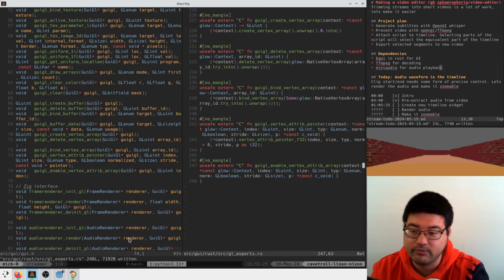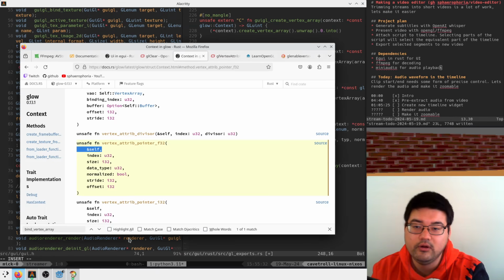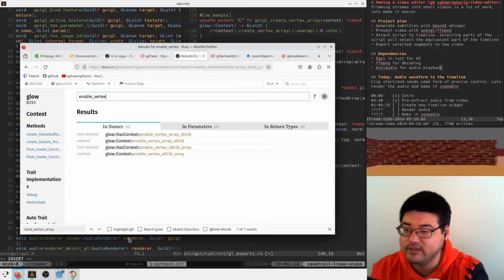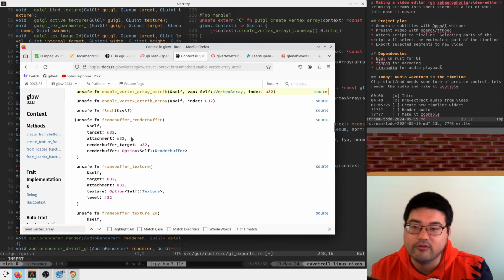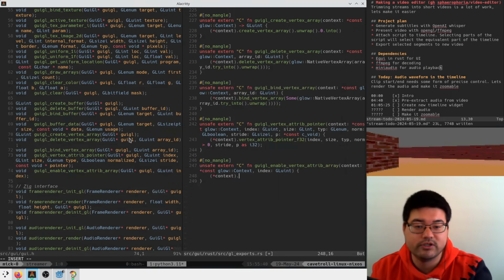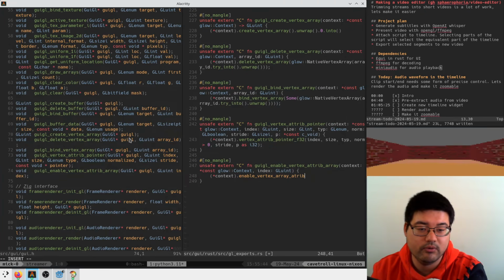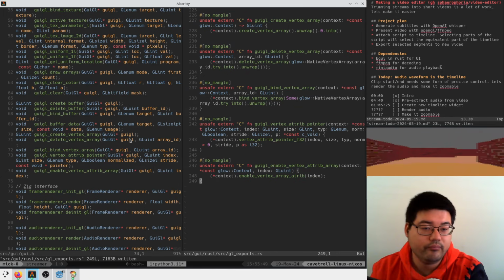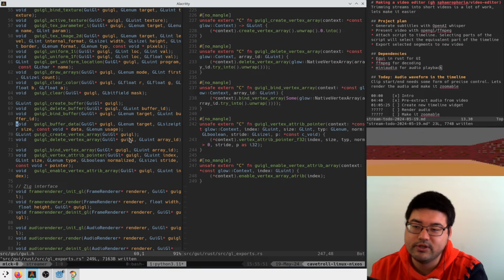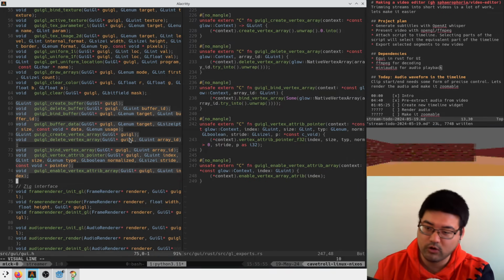GL enable vertex attrib array just takes in the GL uint index. So this would be context, and then enable vertex attrib array. It does feel like it. Yeah, for sure. Enable vertex array attrib index. Okay, so this should be everything that we need in order to work with